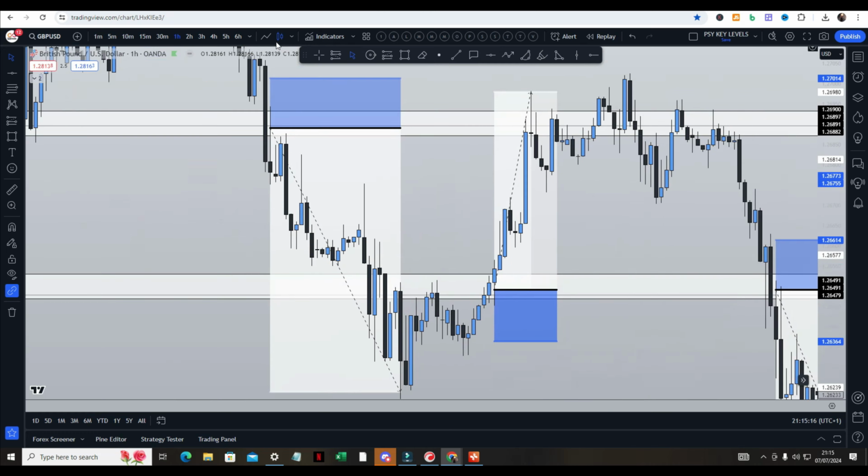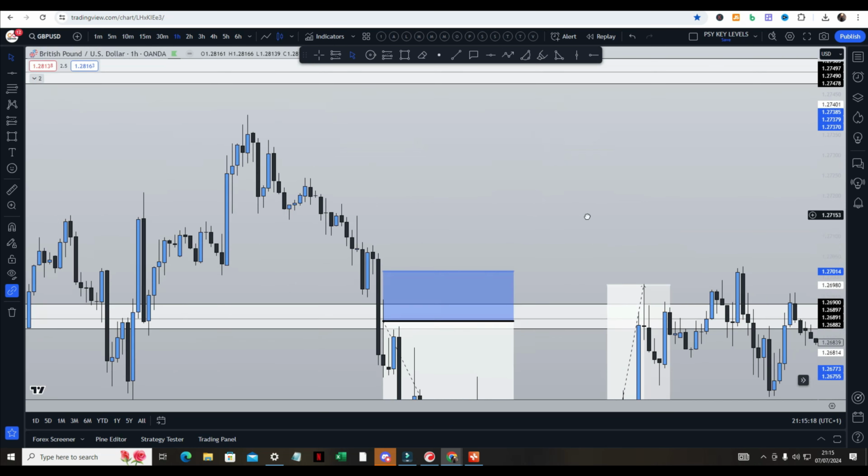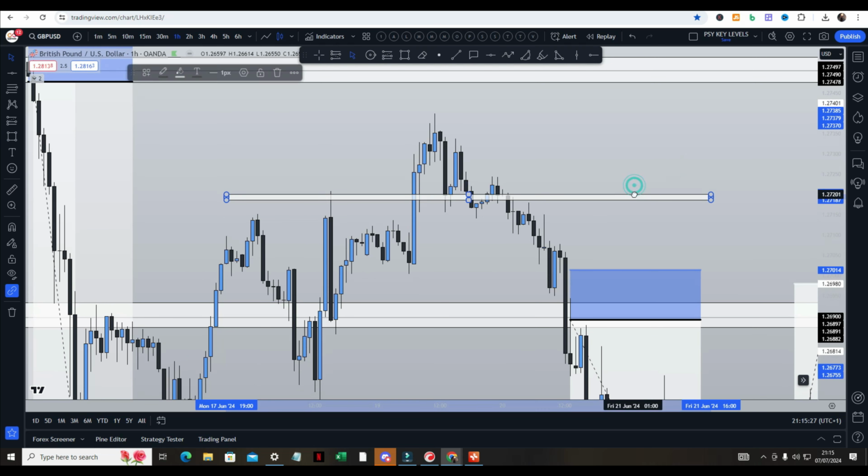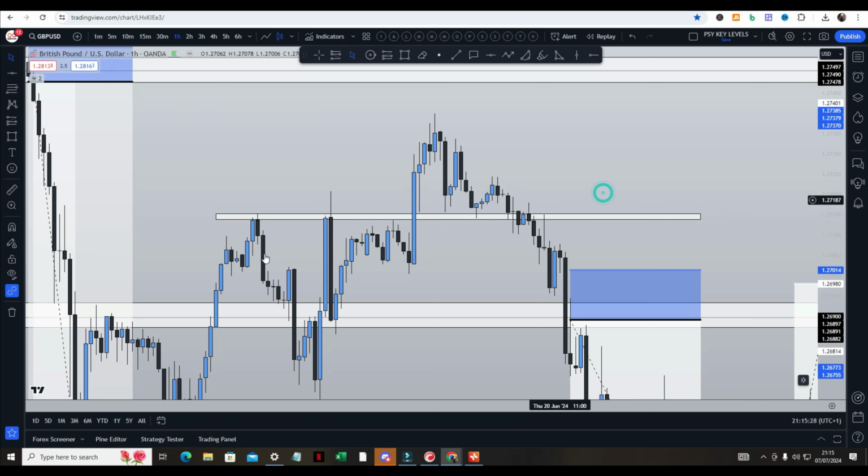I'm just zooming in here. Let's pick up something. I've already marked out the key levels, but look at this. I can see it straight away. When you trade the break and retest for as long as I have, something just starts sticking out to the eye: resistance, rejections. We've got multiple rejections here. Let's even grab another one here, and look at this.